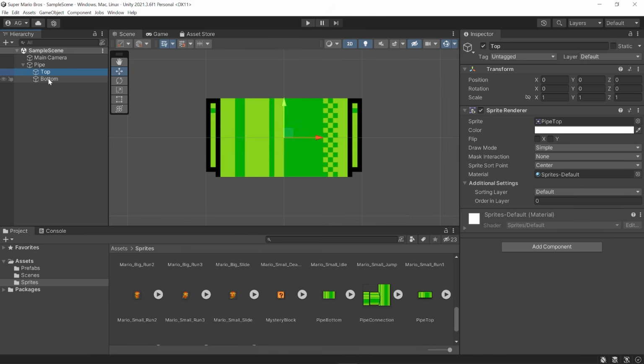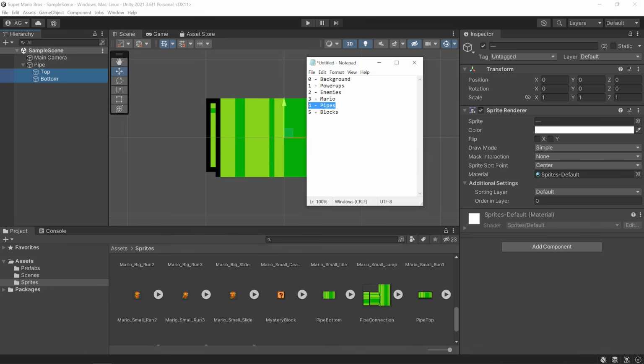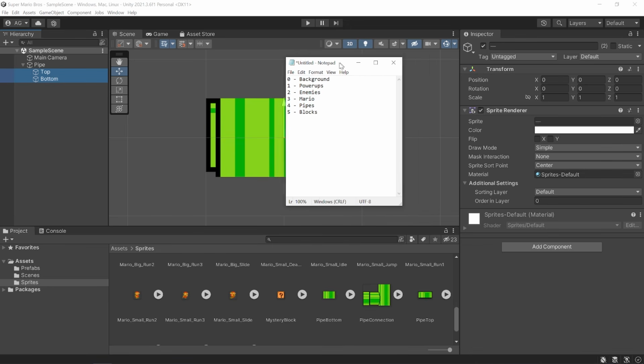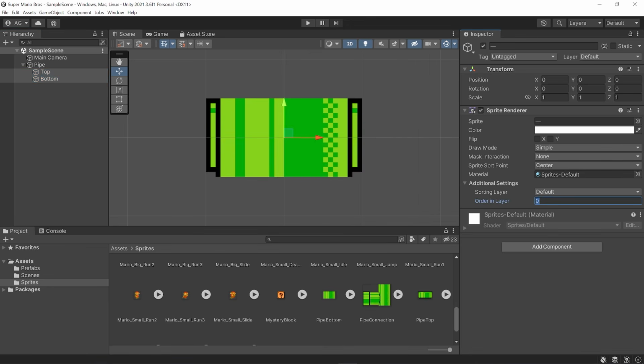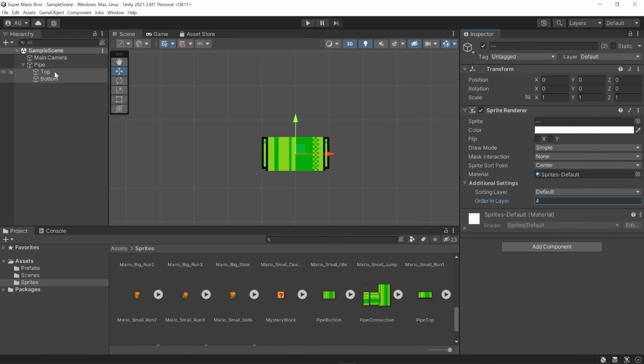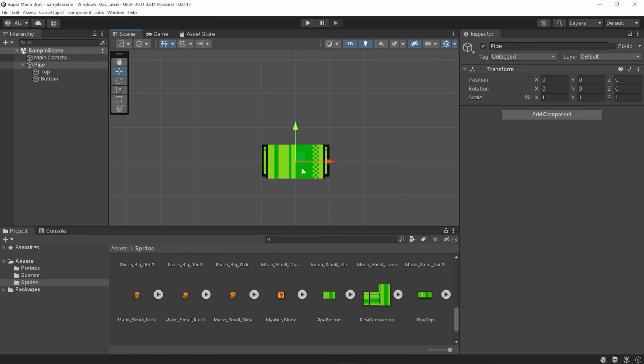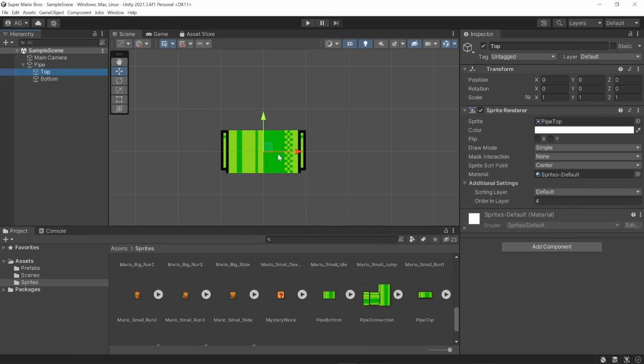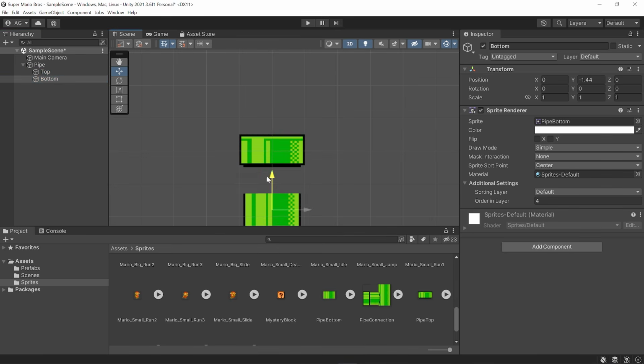Now for each of both our top and bottom, we need to change the order and layer based on that same list. So once again, pipes will be at 4. And these are the ones that are actually important. So let's make sure we set those to 4. We want to make the pivot points of our pipe to be the very top of it, or where you basically enter into the pipe. So we'll keep the top one where it's at, but we need to move the bottom one